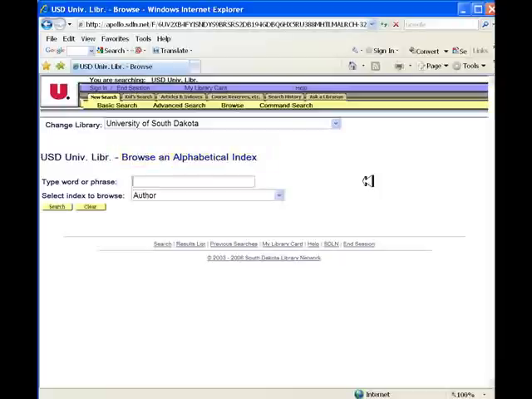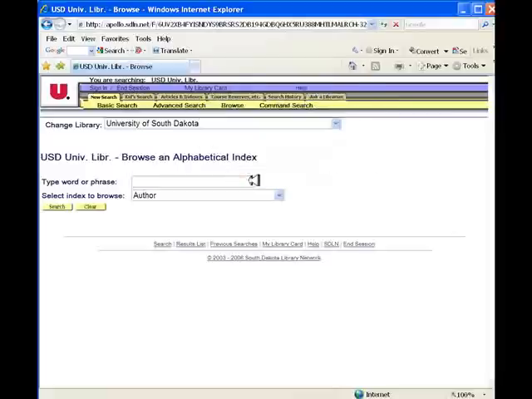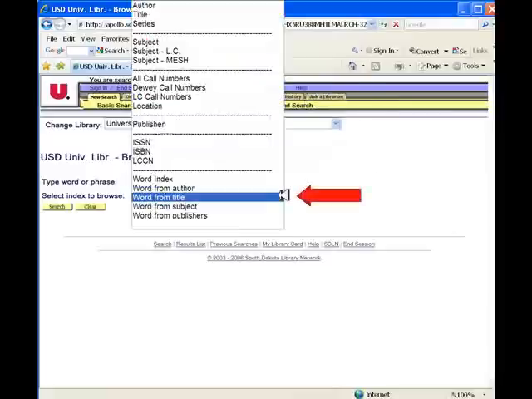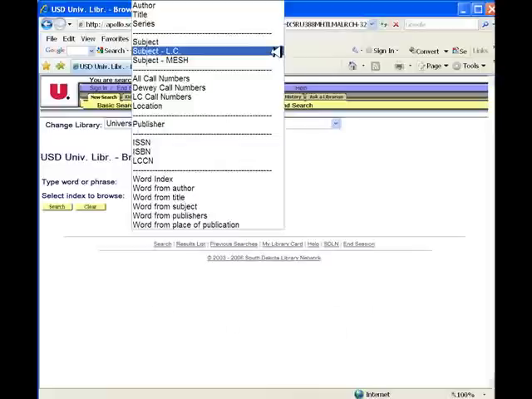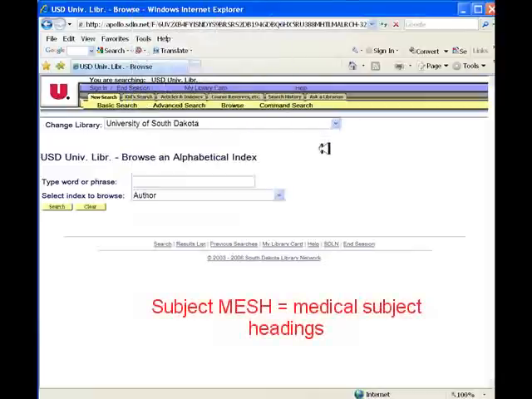There are 2 data fields on the new screen. Enter in the word or words that best describe the subject that you want to search for in the type word or phrase field. Clicking on the blue box with the down arrow, located at the right edge of the Select Index to Browse field, a drop-down menu will appear with the index choices on it. Select Subject LC, which stands for the Library of Congress subject headings, or Subject MeSH if you're doing research in